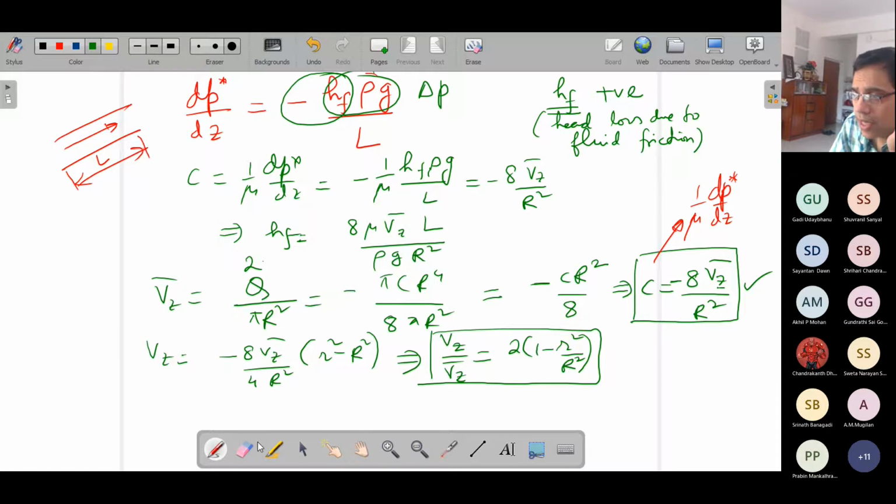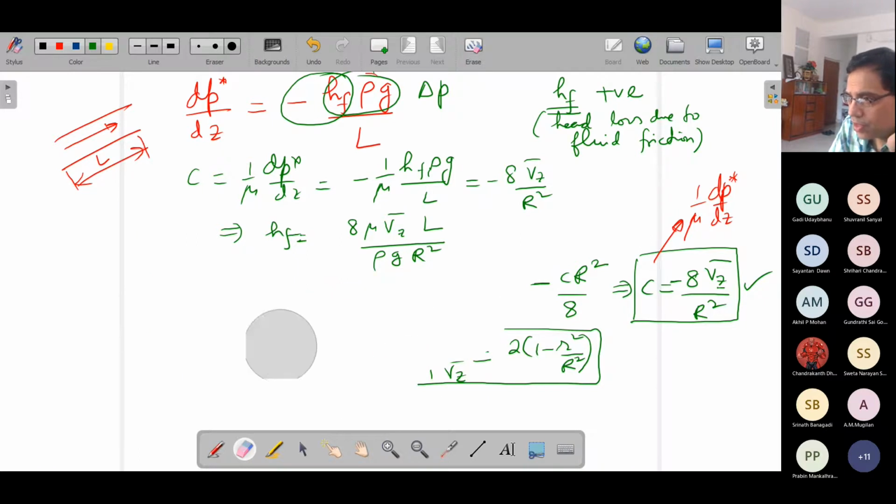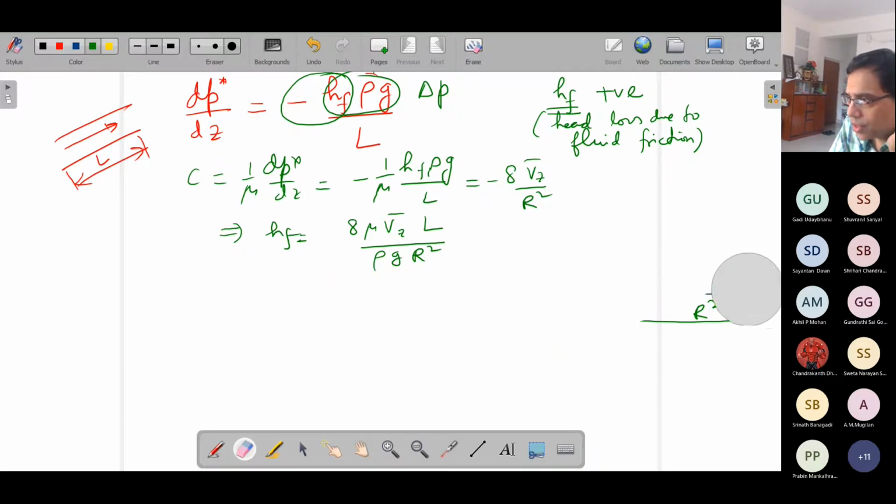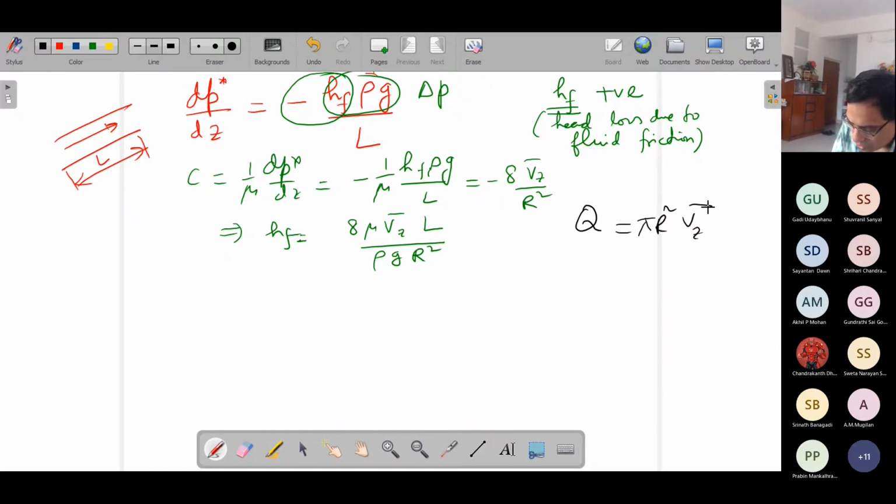We have arrived at the kind of relationship that we wanted, that is a quantitative expression for how much the pumping power will be. But as I mentioned a few times, we normally measure the flow rate in a standard way, not really the average velocity, but they are so well related that Q is equal to pi R square into Vz average. So instead of Vz average, we will just write Q by pi R square.